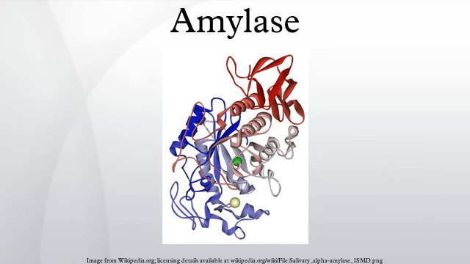β-amylase, another form of amylase, is also synthesized by bacteria, fungi, and plants. Working from the non-reducing end, β-amylase catalyzes the hydrolysis of the second α-1,4 glycosidic bond, cleaving off two glucose units at a time. During the ripening of fruit, β-amylase breaks starch into maltose, resulting in the sweet flavor of ripe fruit.